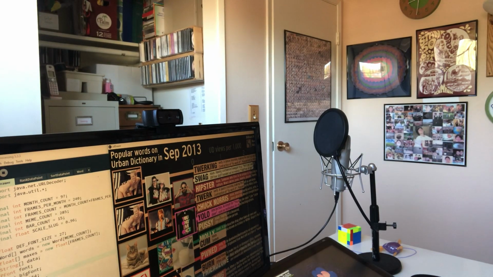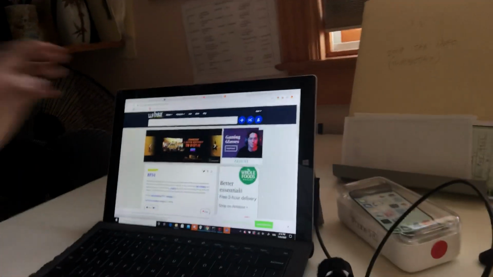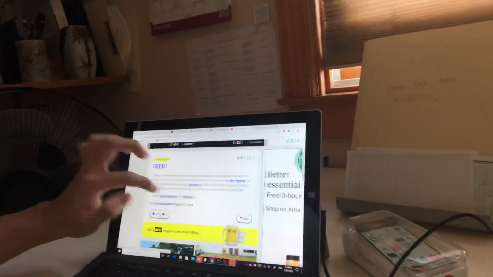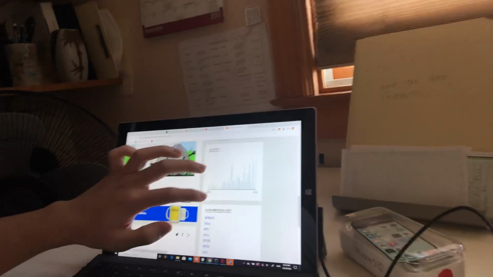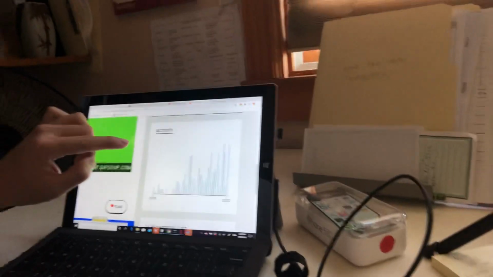Anyway, I'm going to grab the phone out of the tripod, so you're going to be moving with me. If you go to any Urban Dictionary page, and this is what I noticed back in February when I started this project, so this is the page for BFDI, which is the cartoon that Michael and I make. If you go to the lower right, you'll find this activity graph that shows how often people were either reading the page or making definitions.